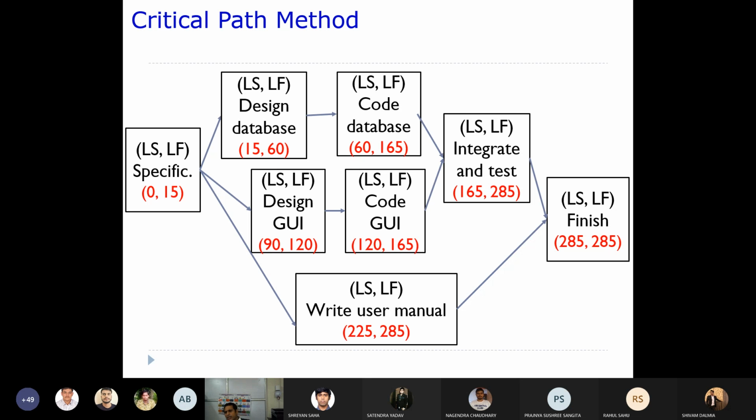Now similarly, let's see how you are going to calculate LS and LF, the latest start and latest finish. Okay, now you can see like this. You have a latest start and latest finish of 285, right? Now the latest finish time of this preceding activity will be the latest start of